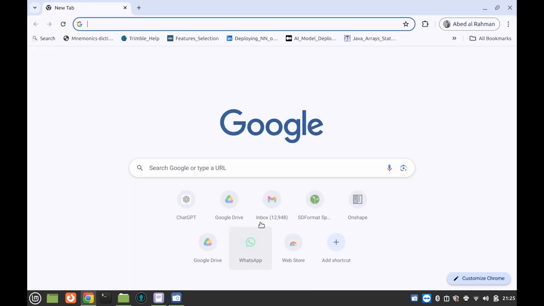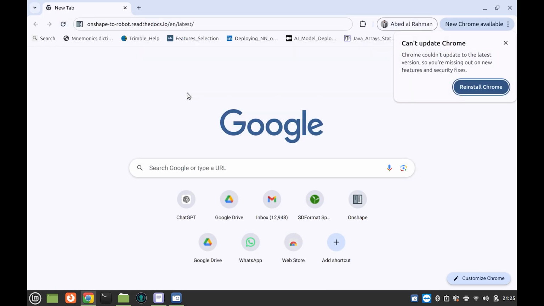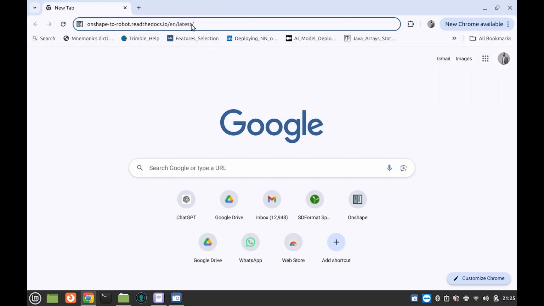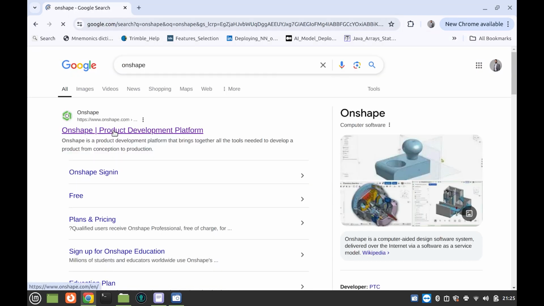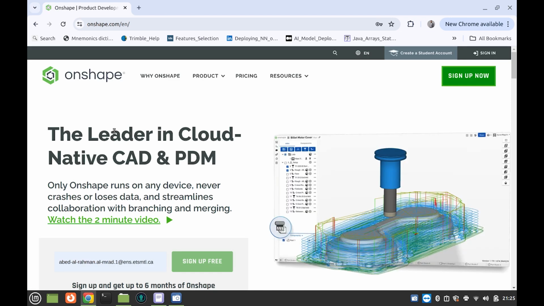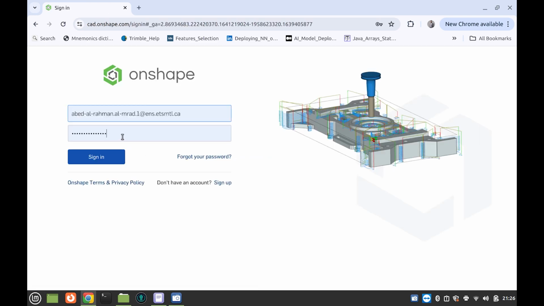So if you head to Onshape, you just need to create an account and then you will sign in and you're good to go. I already have an account,